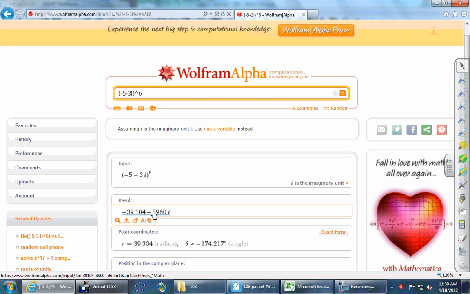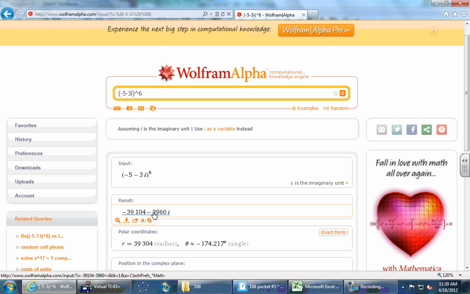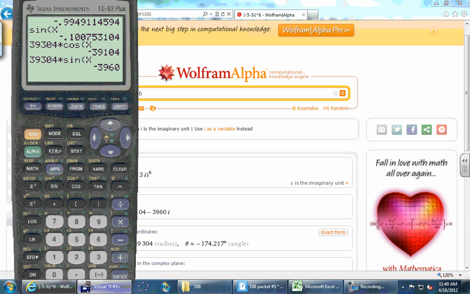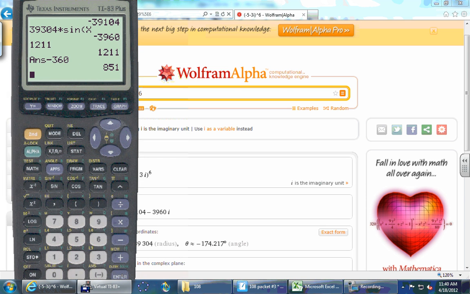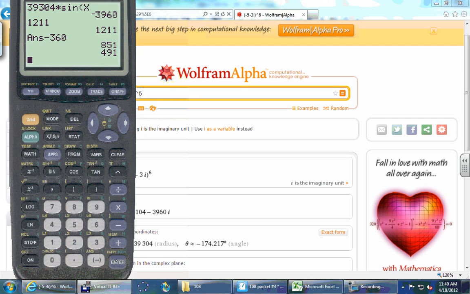Is that 39,304? Is that something we've seen? Right, we saw that was the radius. Then we see this negative 174 degrees. We had 1211 degrees, but we didn't actually figure out what it was. Can you bring 1211 back to something between 0 and 360? If you subtract a few 360s, what do we get? So I get to 851, and then 491, and then 131. And if we do one more,